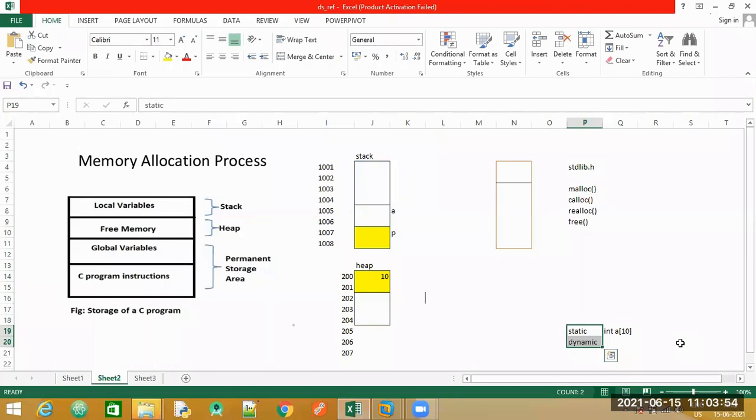Why we say static? Static means something which does not change, which means the memory that is allocated will be fixed. When I say static in general English, forget computer programming or all these terms, it means something which is fixed and which has no scope of increasing or decreasing again.